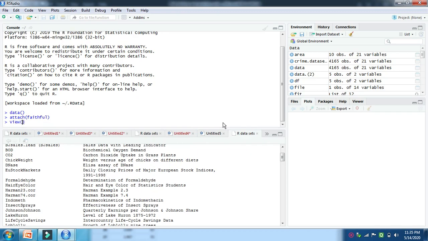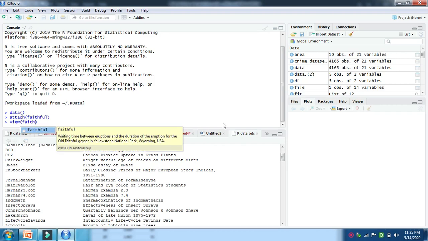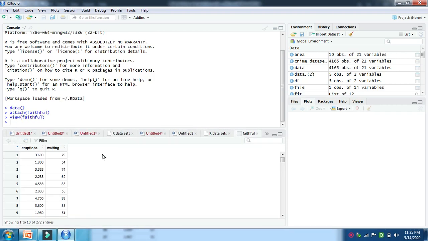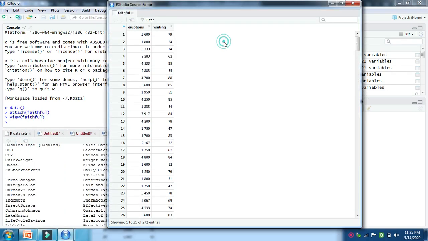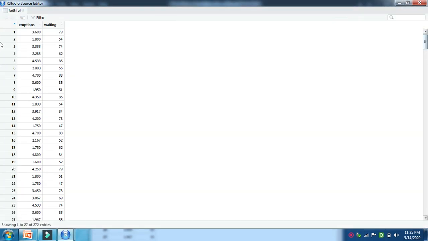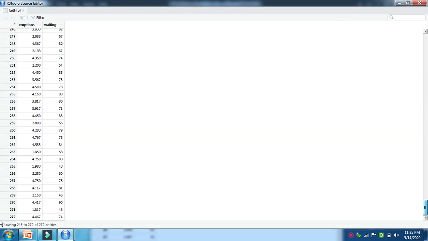If you want to see the data set, use the View function. Here it shows the data set. There are two columns: one is called eruptions and the second is called waiting. Let's check the total number of columns and rows. The total number of columns is 2 and the total number of rows is 272.